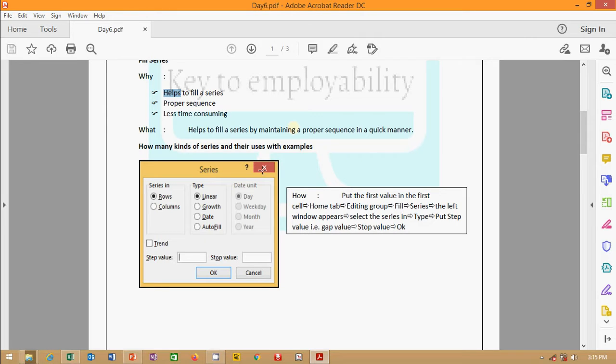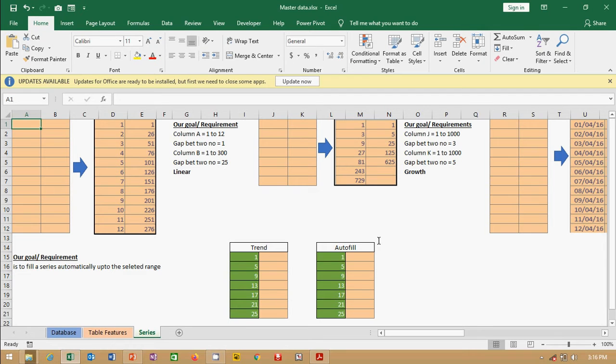Let me come to the PDF file. We need to take the help of fill series because it helps to fill a series in proper sequence, less time consuming. These are the benefits of fill series, and the process is given here. First we need to type the first digit, then come to the Home tab, then the Editing group, then Fill, then Series.